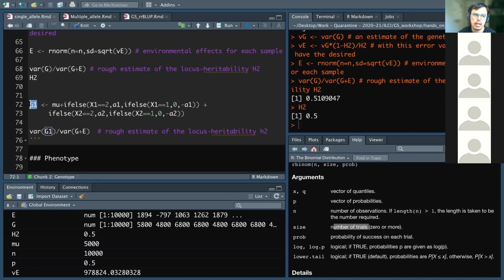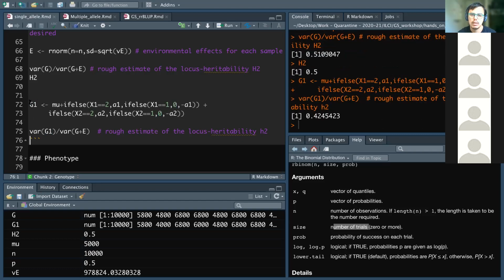So for that, you can run the same model. Here we are going to take in this variable just the additive effect, and as you can see, we are not going to take into account the dominance deviation. If you do that, you can estimate the narrow sense heritability in this trait, which is equal to 0.42. As you can see, the narrow sense heritability is always lower than the broad sense heritability, and the difference is because of non-additive effects, in this case the dominance effect, and as we have just one trait that is controlled by two